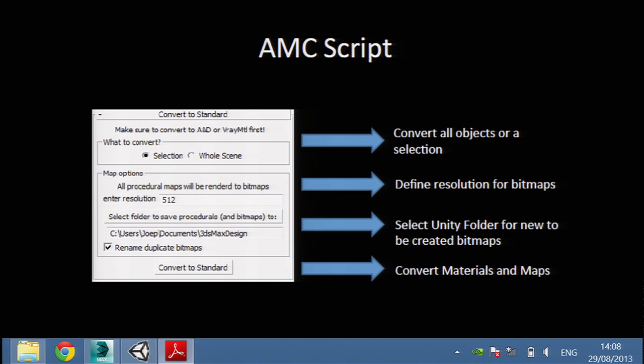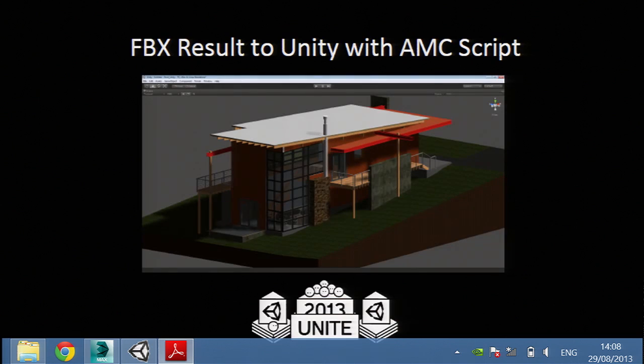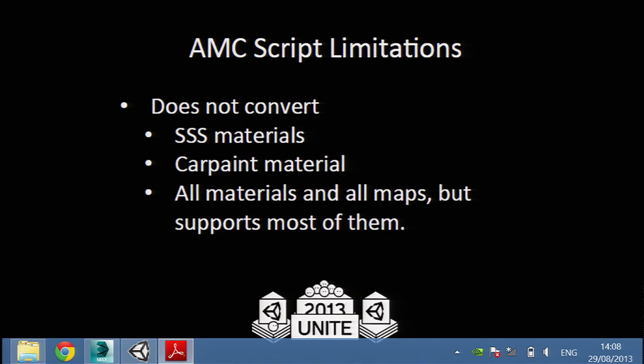You can actually do parts of it or a whole scene, depending on how much polygons you have. So that's the result, that it imports directly into Unity. Okay, and that's everything. But the main thing is, okay, we're not done yet. I want to show hands-on too, but there are some limitations, and we always have to be open about what doesn't work. Okay, after testing the plugin, I found out that the SSS materials and car paint don't come over,